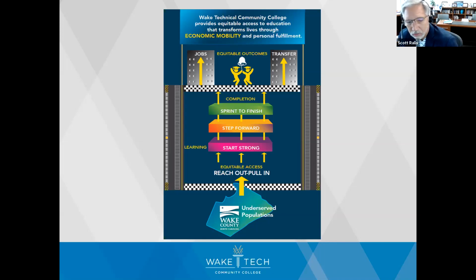One is reaching out into underserved populations, those areas of the county where people may not be as used to higher ed opportunities. How do we reach out? This is where we use our reach and rally. You'll see these funny little things here that look like rumble strips and bumper guards. That's because they are rumble strips and bumper guards. For our students, if they're starting to verge off the road, we have to know how to get them back. Sometimes for our students who are lower income, something that can cause them to spin out is maybe a less than $500 issue, and we're trying to keep them in there and then cross our finish line.